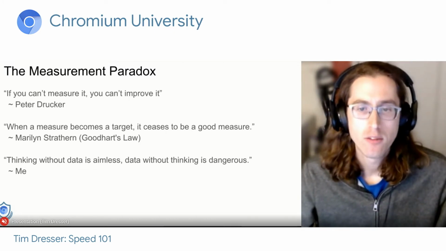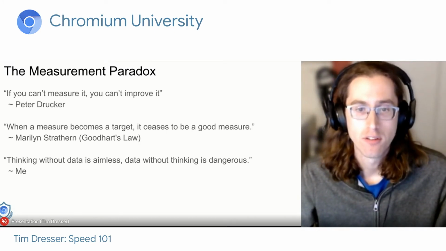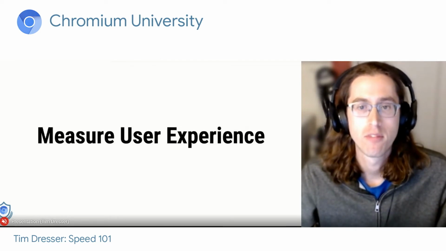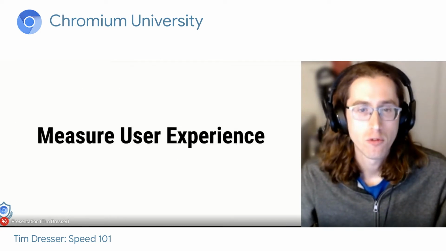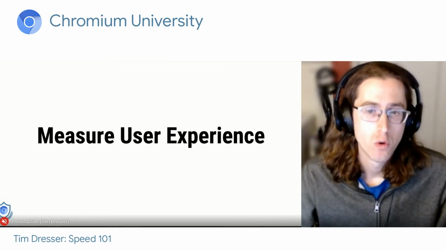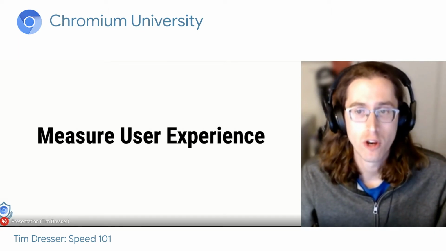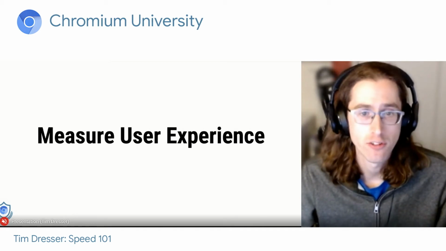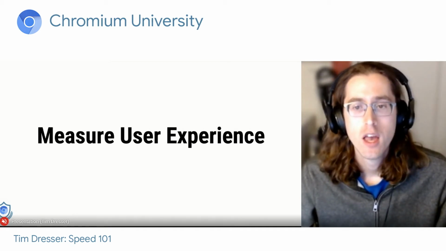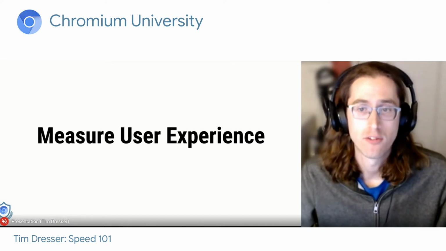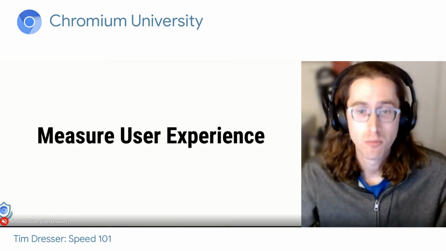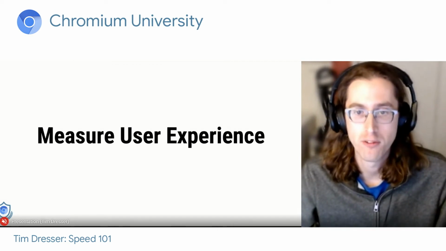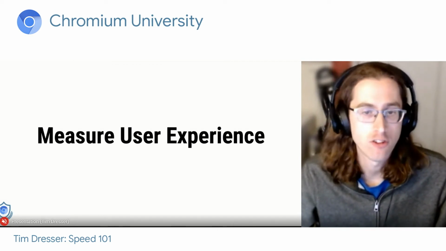One of the other ways we can mitigate the risk around Goodhart's Law is to measure user experience as directly as possible. This ensures that when we see a regression in our metric, we can be fairly confident it's a real regression in user experience, which results in us spending less time chasing regressions that aren't real. It also means that when we improve our metric, we can be confident that we're actually improving user experience. If I land a change and see that it improves my performance metrics, I can be confident that that change is doing the right thing.